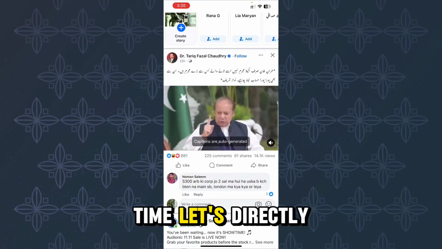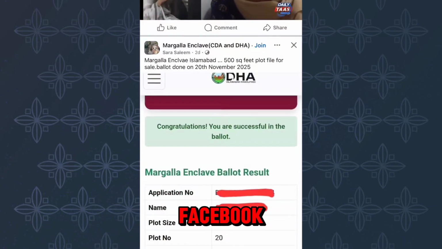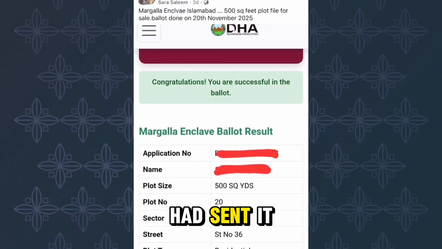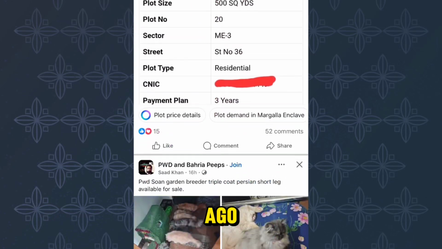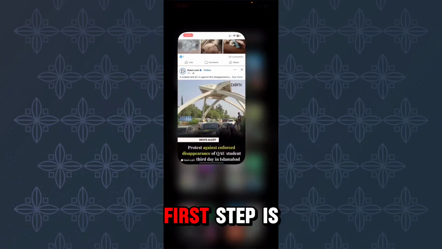So without wasting time, let's directly get to the point of how you can see all the sent friend requests on Facebook up to the day. Even if you had sent it more than 8 or 10 years ago, you will still be able to see all of them. So there are only 2 steps, and the very first step is